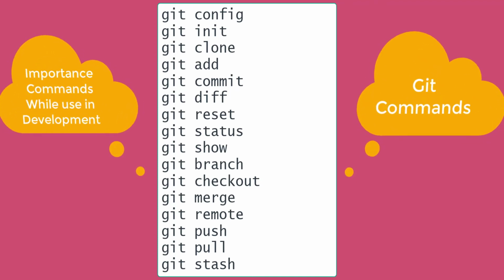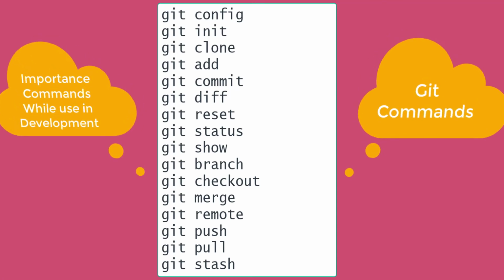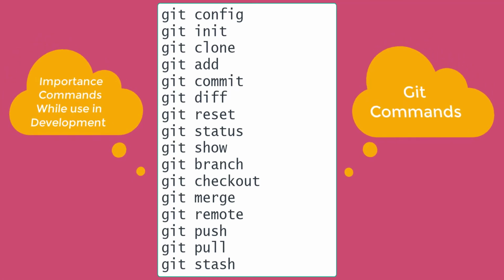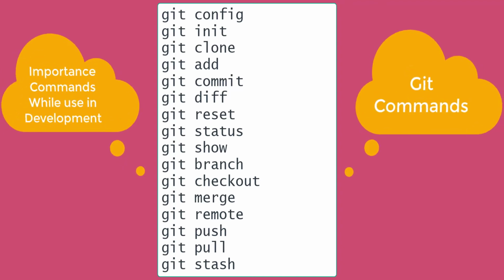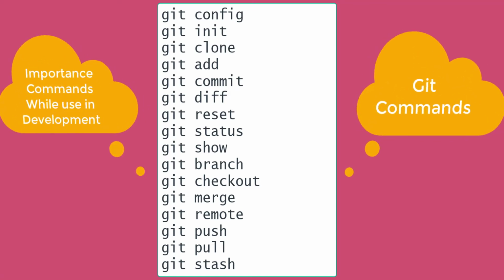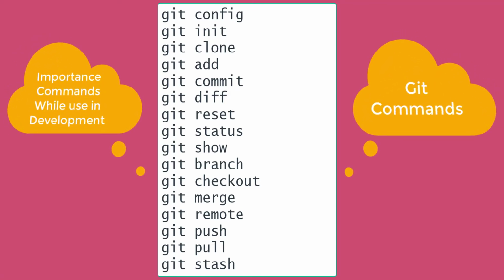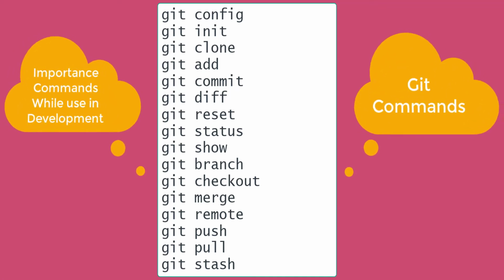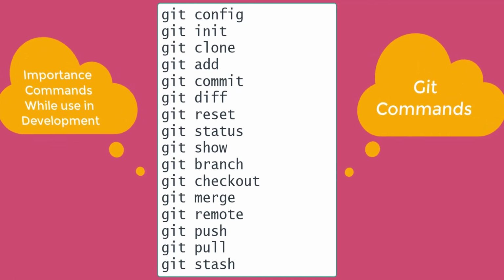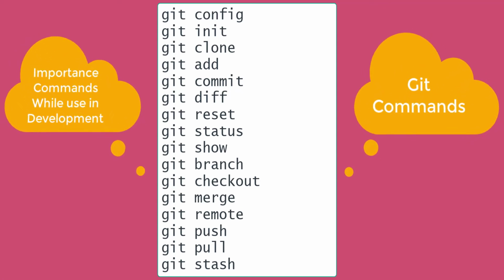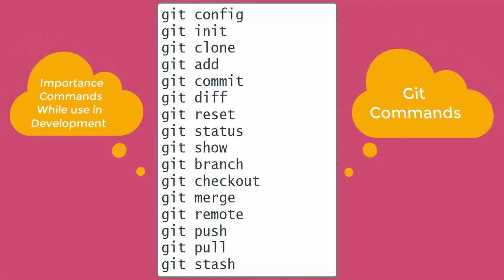If you have 5 files modified and you are going to add only 2 files, then you can stage them, commit and push. In that case, you will use the reset. Suppose you pushed to staged, and you don't want to have it in the stage, you want to undo, you can write the command git reset. It will automatically reset everything and it will come back to changes, but your local changes will still be available in your local machine. And git status shows the status of your files, whether they are committed to your branch or in the staged process or anything. Git show will show the logs of it.